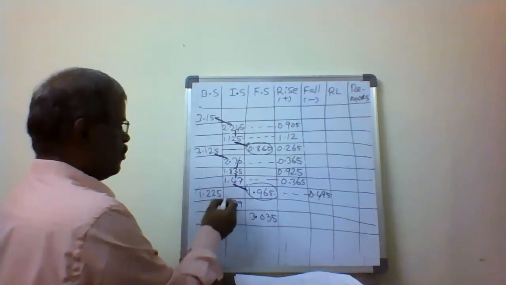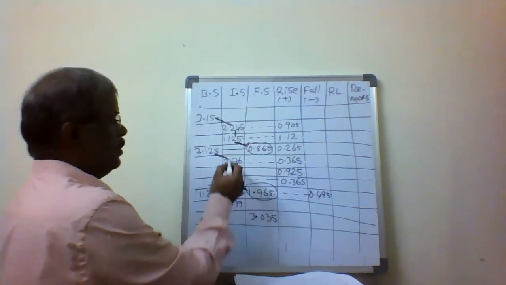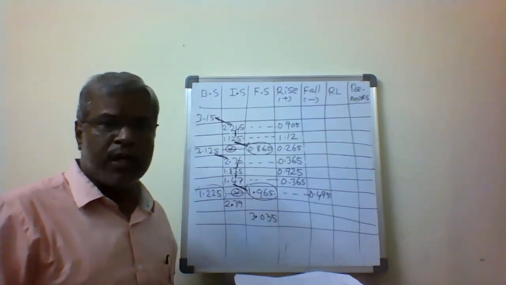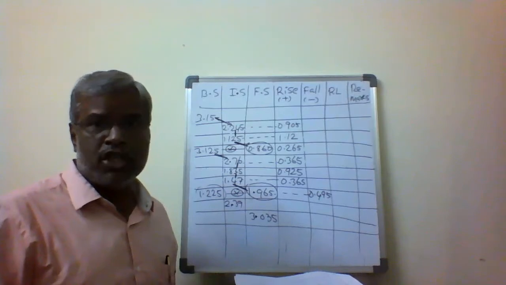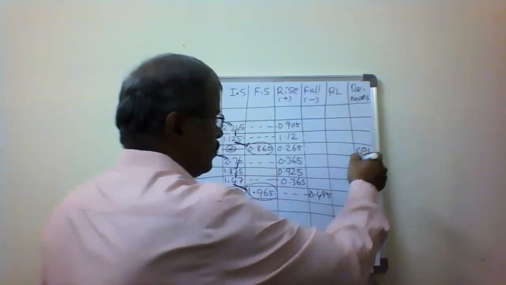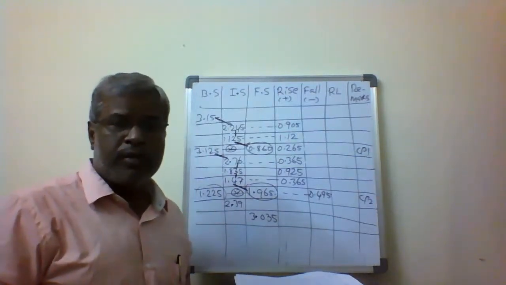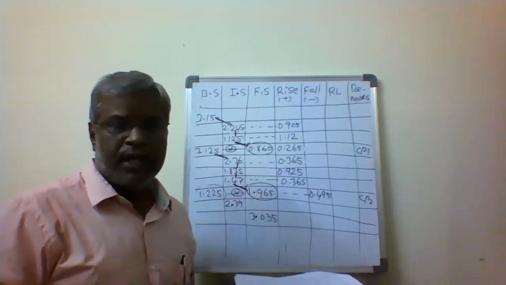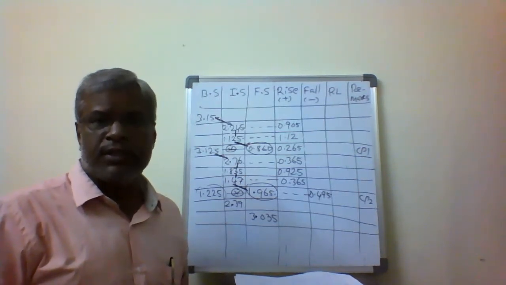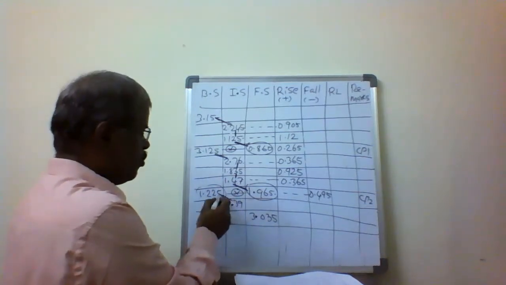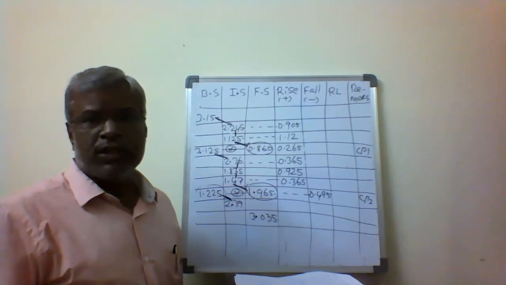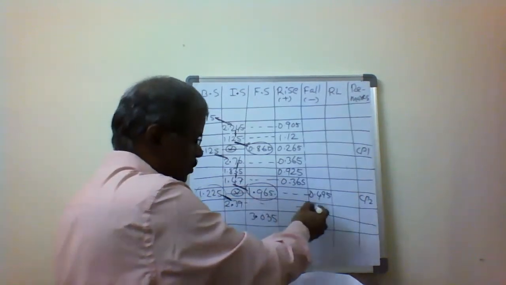Then we will not consider comparing 1.965 with 1.225, because the same point has two staff readings; that is the change point. So this is CP2 and this is CP1. A change point has the foresight of the previous setup and the backsight reading of the next setup, so the same point has two staff readings and we cannot consider it. That is not a consecutive reading. Now we compare 1.25 and 2.39. Here the difference is negative, and it becomes another fall.